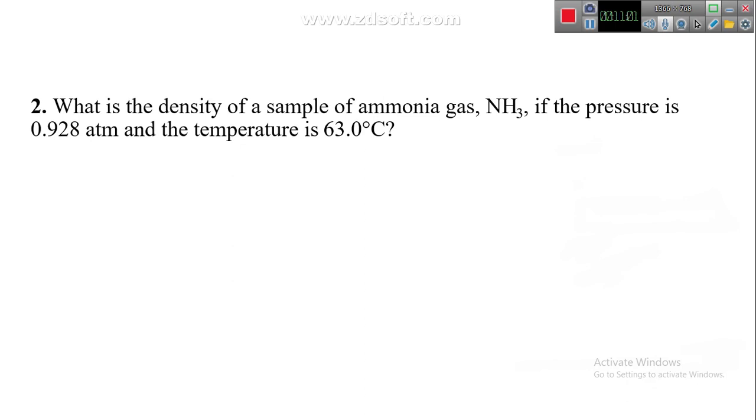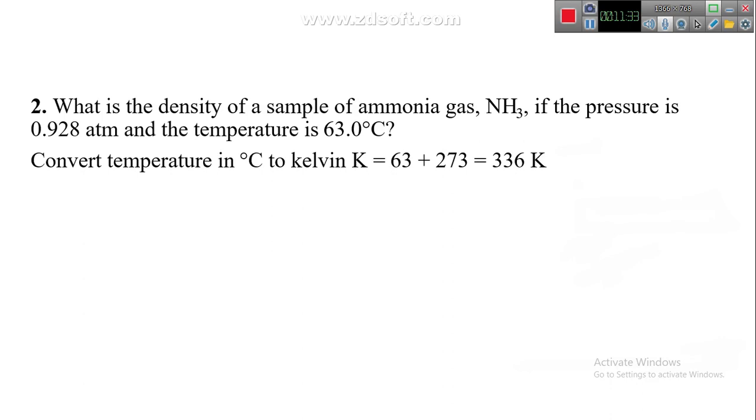Let's resolve another question. What is the density of a sample of ammonia gas, NH3, the chemical formula for ammonia gas, if the pressure equals 0.928 atm and the temperature is 63.0 Celsius degrees? At first, you must convert the Celsius degree to Kelvin temperature